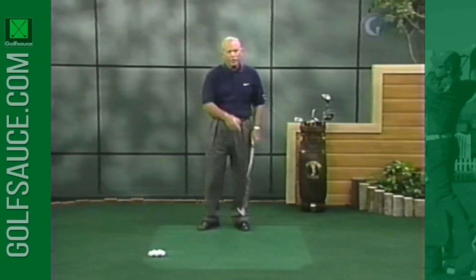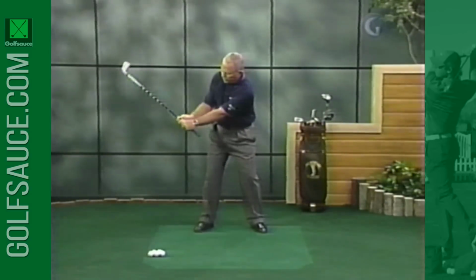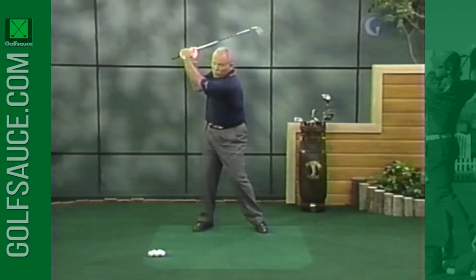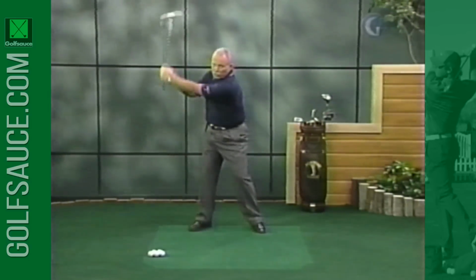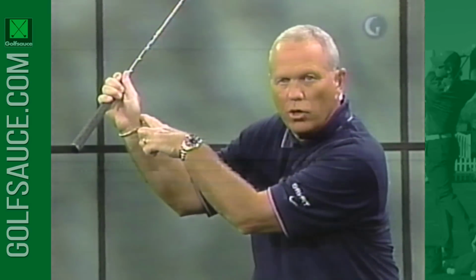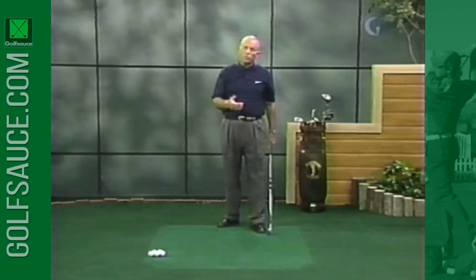I think the important thing on your takeaway is if you get your wrist cock in there a little earlier, in other words, you get a little earlier wrist set, you're not going to have to swing as long. You've created a better leverage. The reason this works good, because you can keep your right hand, if you're a right-handed player, away from your head. You keep this out away from your head, it's easier to get your arms in front of your body